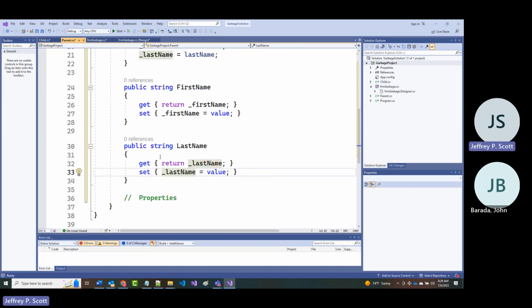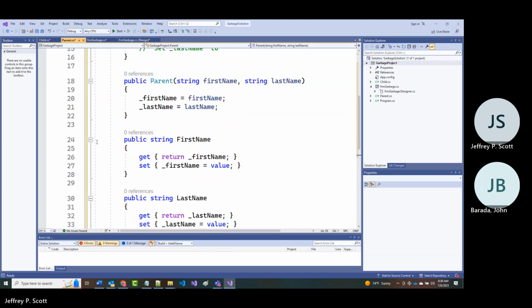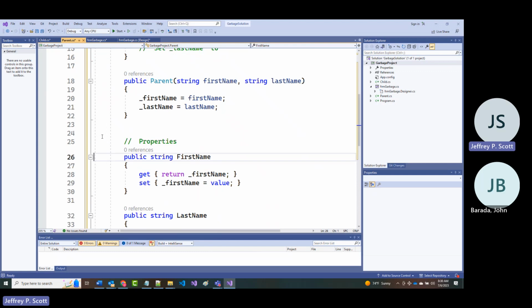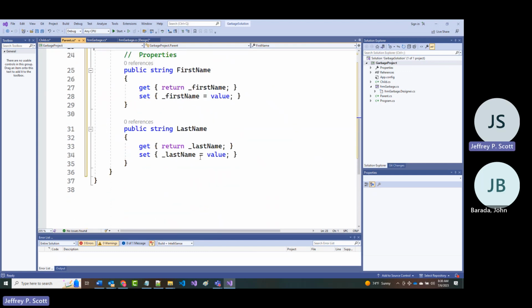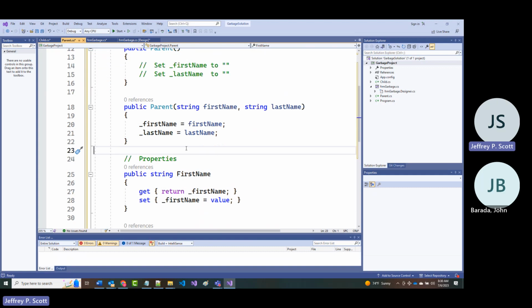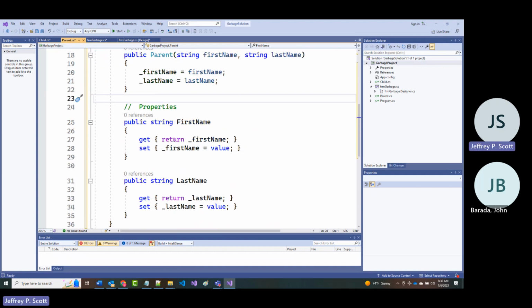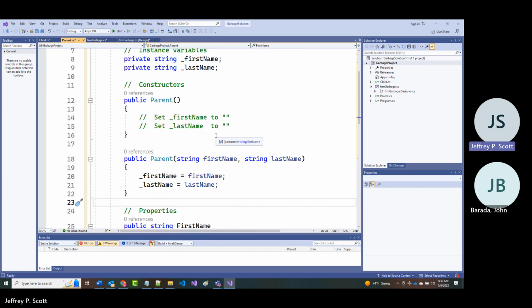What I'm telling you is now all that stuff that we've just done, and I should move that up, I guess, right? All that stuff that we just did in here is now accessible by the child as well. But it's done a little bit differently. And I'm going to show you something, and believe me, I'm not trying to confuse you. We're going to go over a couple of examples of this on Monday. But I'm going to come into the child class now.